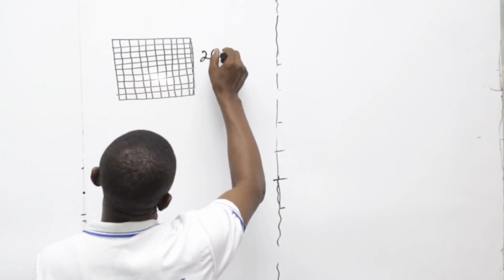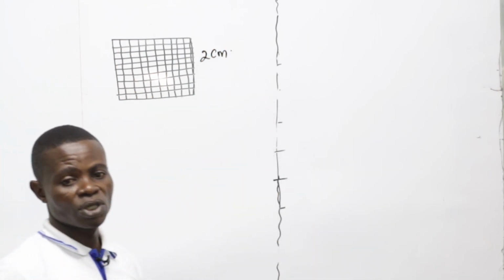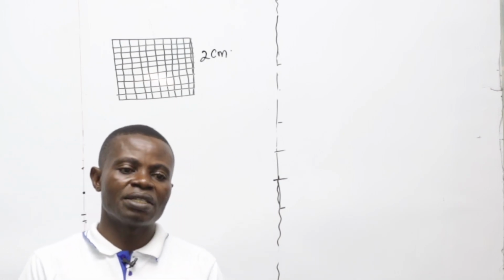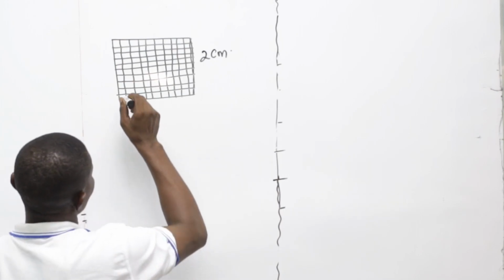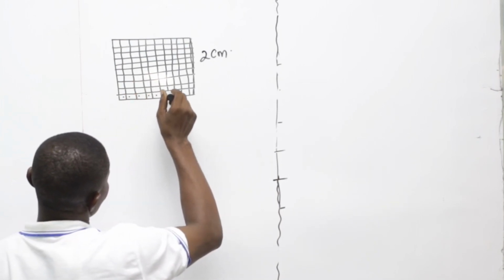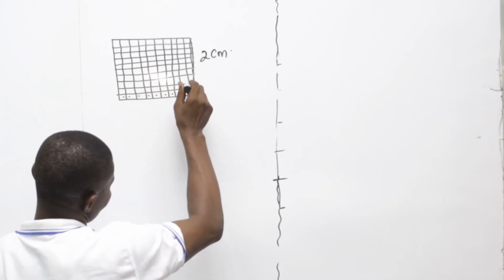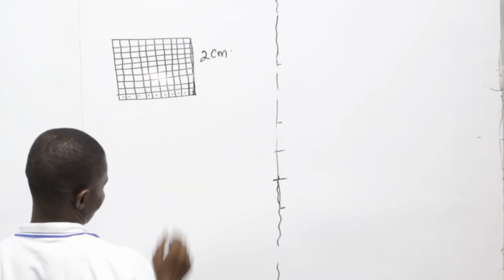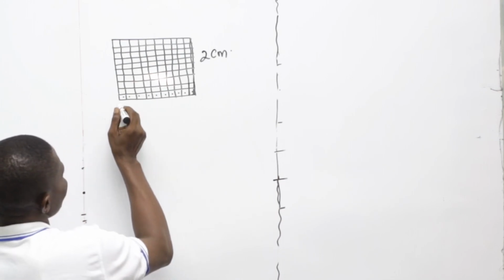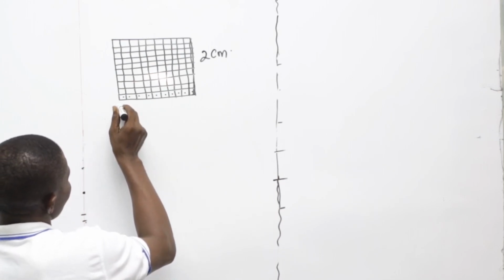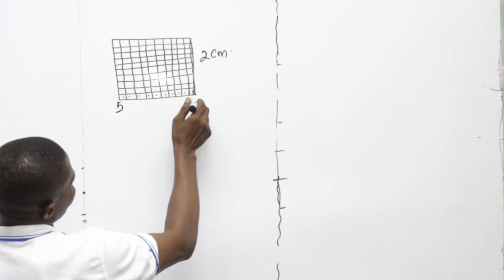This is your 2 cm in graph. 2 cm, to whichever unit they desire. But your own count: 1, 2, 3, 4, 5, 6, 7, 8, 9, 10. How many squares are here? 10 squares. Assuming that you were told to represent 2 cm to, let's say, 5 units, the next one should